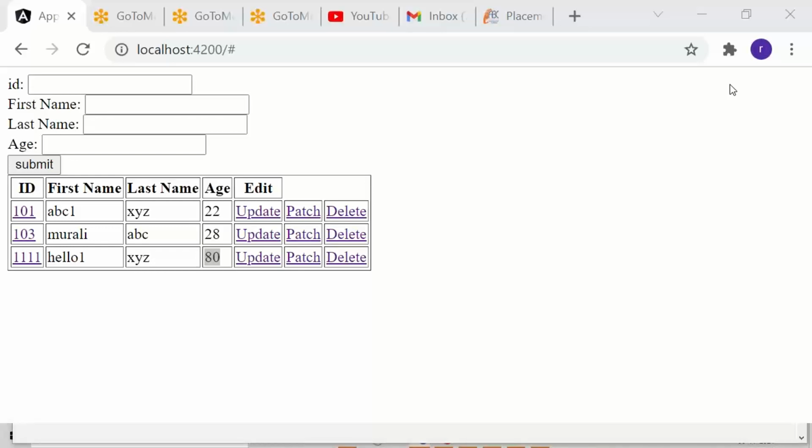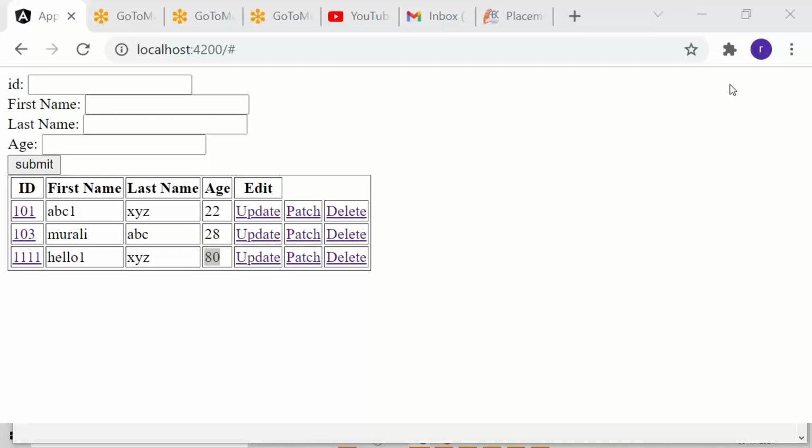That is why two flags I have used, update flag and patch flag, because of the same form. One page, one form. In the same page, all operations: post operation, put operation, patch operation, delete operation, read all operation, read operation.